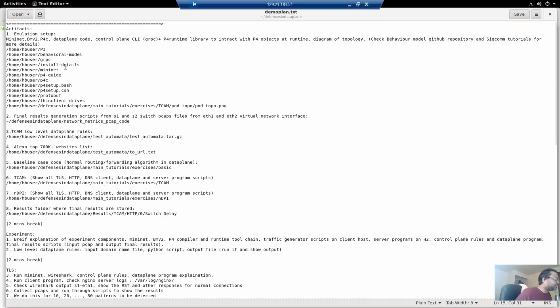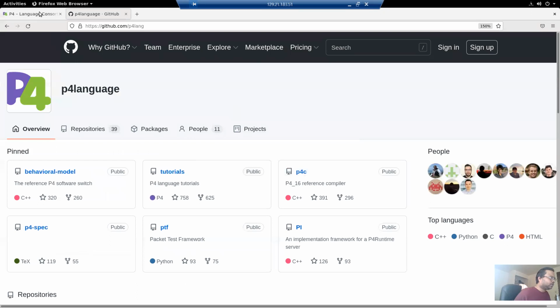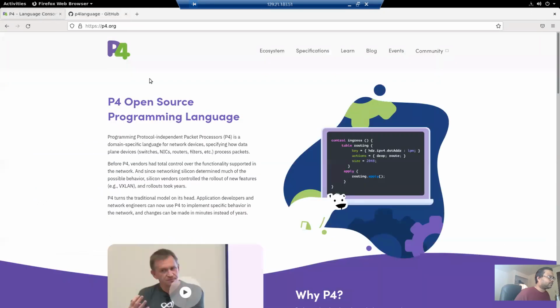So these are gRPC servers, Mininet, behavioral model, and protobuf libraries. You need to set up everything on your Ubuntu machine. I use an Ubuntu machine. You can get more details about them from p4.org.